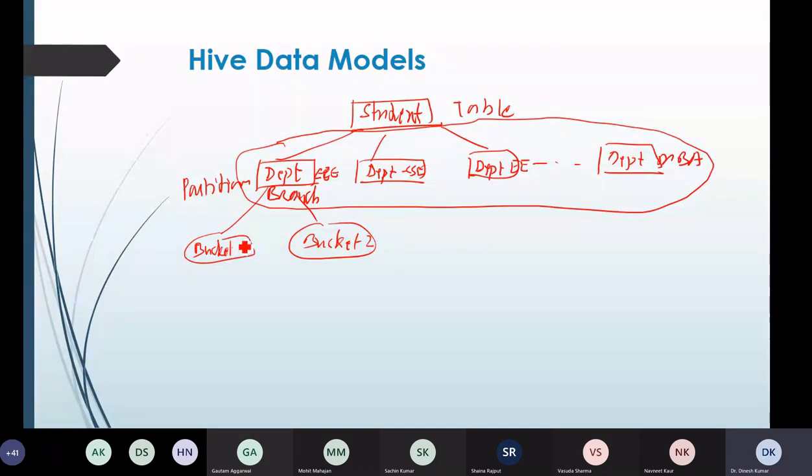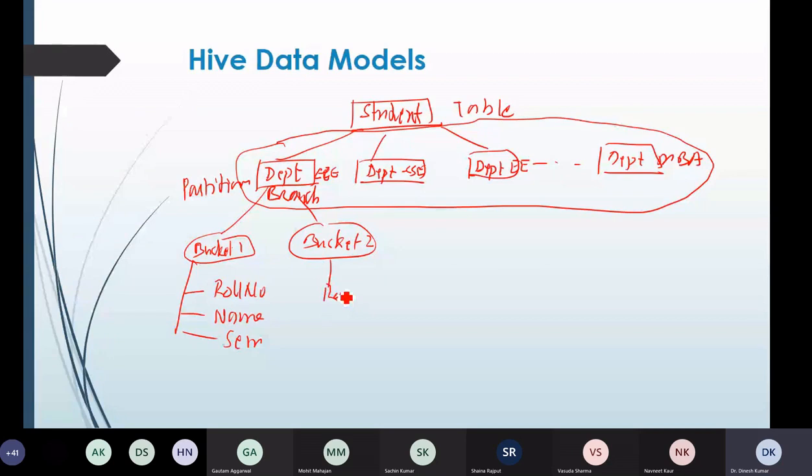This particular partition will give you all the students in EC, but if you would like to divide the students further on the basis of some hash function, we can create different buckets. So this bucket may contain roll number, name, and semester. Similarly, this bucket also contains name and semester.